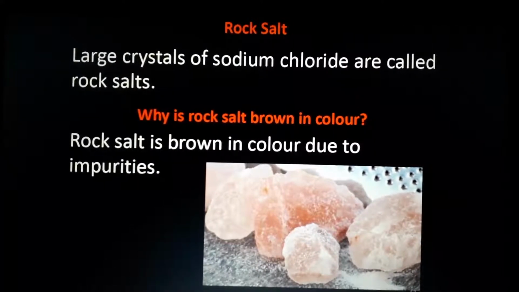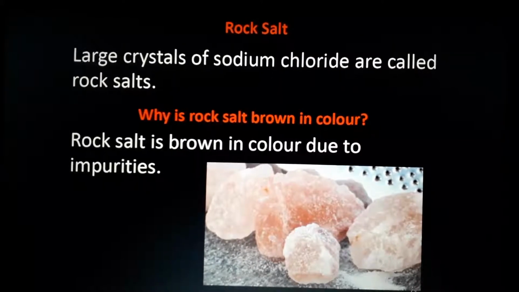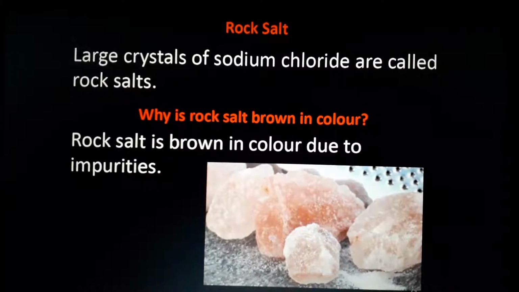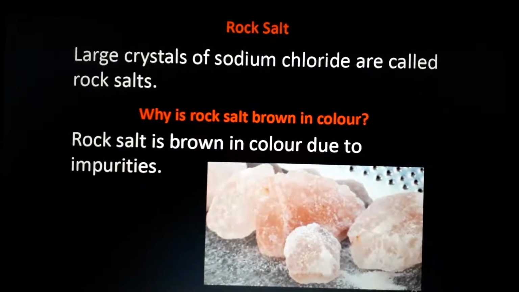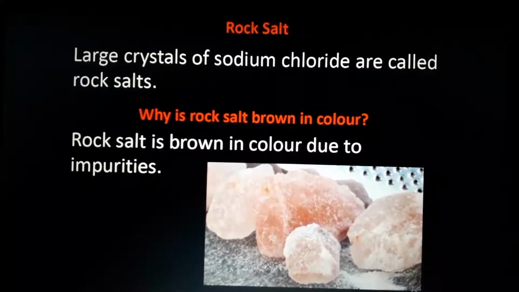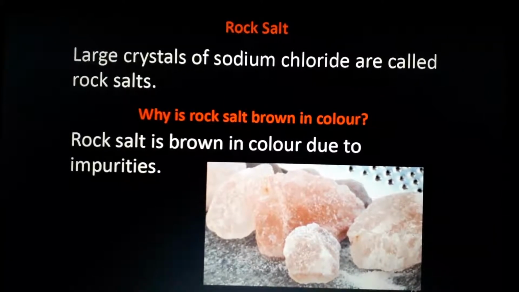So we are almost through the concluding part of this chapter. We already studied a lot of properties of acids and bases, and how acids react with metals, carbonates, bicarbonates, and how bases react with water, and how acids react with bases to form salt. We already studied all these things. So the basic concept regarding this chapter we already know. But what is next? What we are going to study next is the most important part of this chapter.